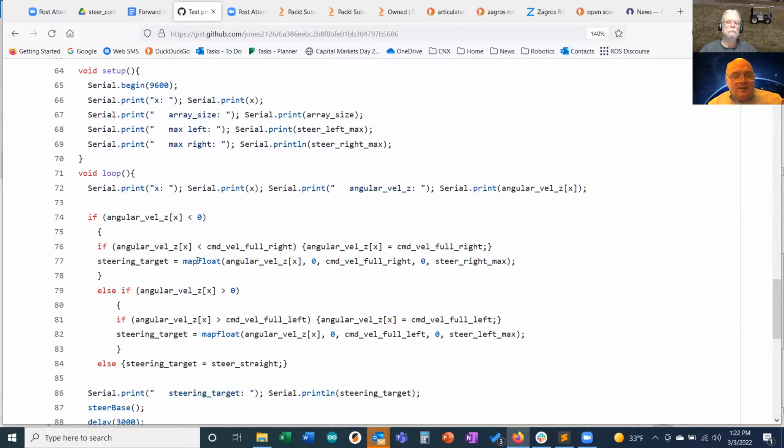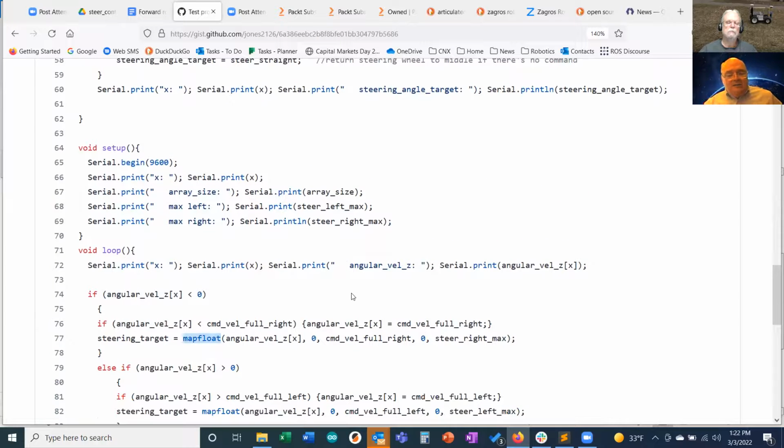And so that's what's out here. I had to write a map function to basically take these two values and spread them over my steer angle